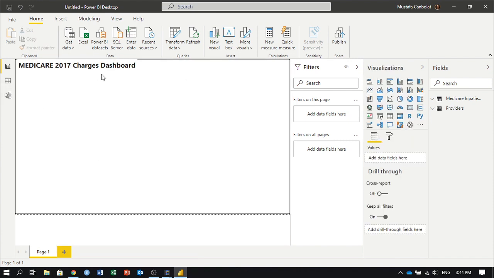So I have Medicare 2017 charges dashboard, and I want to refer to this dashboard maybe every morning, and I want to look at certain things if this data set is changing every day. But it is historical data. You wouldn't need to see the changes, but usually at a workplace, you are going to have a dashboard where you connect every day and the values change, right? So you're adding more and more data sets in there, and you can just see the new values